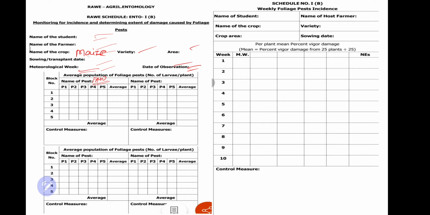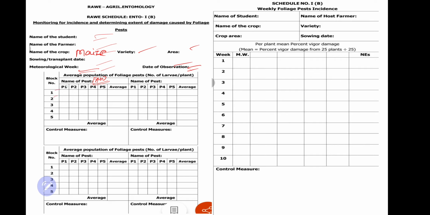If you are collecting data for another crop infested by another pest, then there could be multiple pests on that crop. If it is maize, you can record a single data of fall armyworm as a foliage pest. If you are recording data for cotton, then there are many pests infesting, like semilooper, Spodoptera litura, or some weevils, like Myllocerus weevil or ash weevil, infesting the margins of leaf. So you can record the data of all that together.